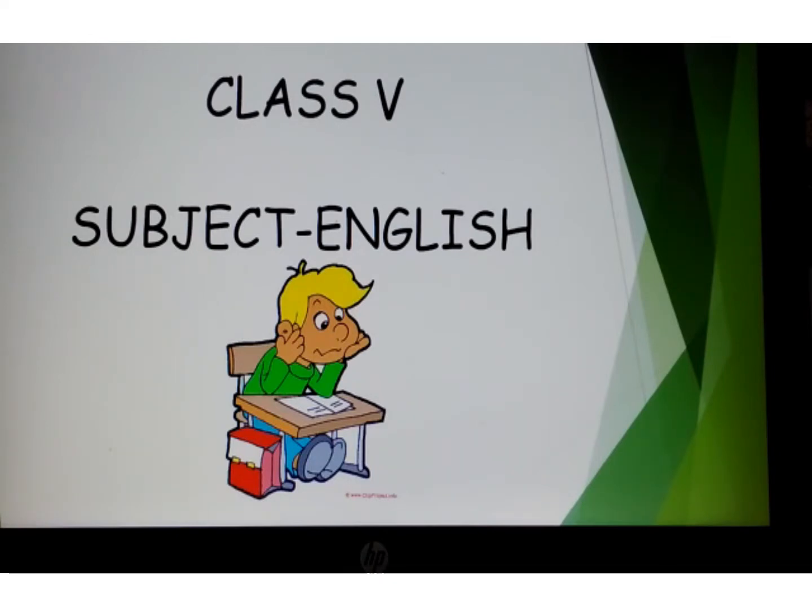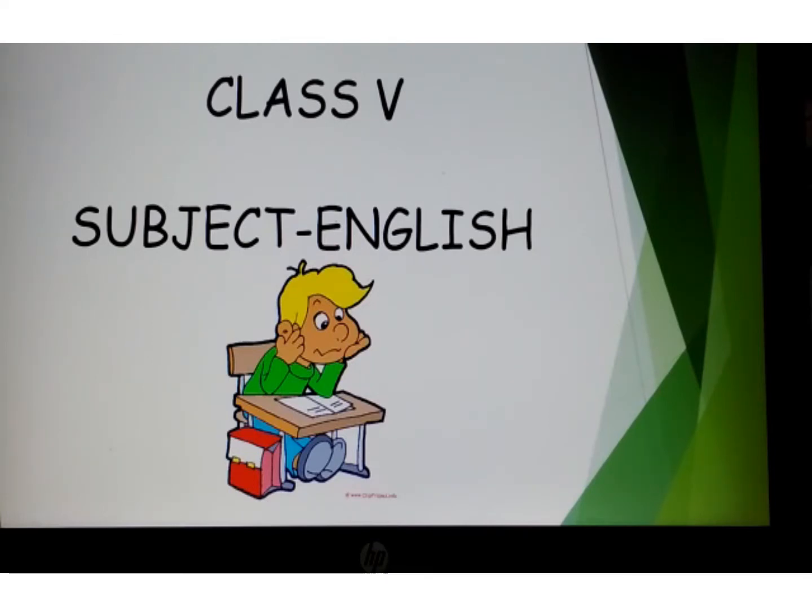So, you all must have studied about nouns. Do you know we can change the number of noun from one to many with the help of some magic? Do you want to know that magic? Now, what is the magic? There are some rules, right? To change noun from singular to plural.